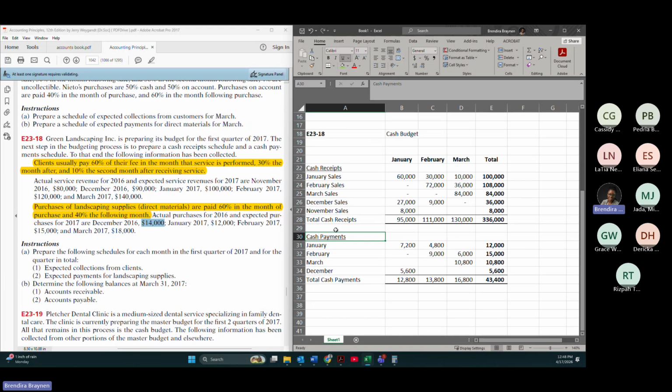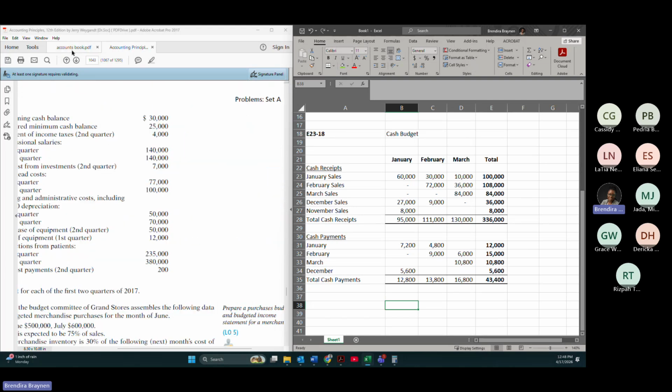What I'm going to say is that we only need to do the 60 and 40 based on what they tell us to do it on. So in this question, they said direct materials, but they didn't give us anything extra. But if they gave us anything extra, the 60 and 40% aren't used for those things. We only use the percentages for what they tell us to use the percentages for underneath the cash payments. So for example,